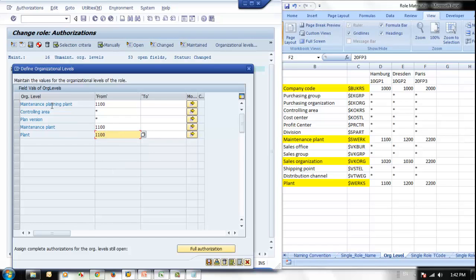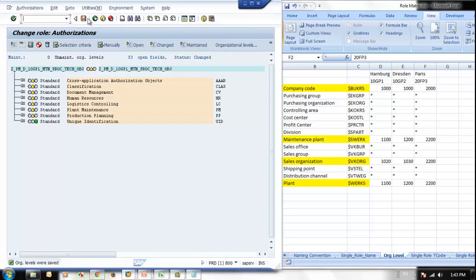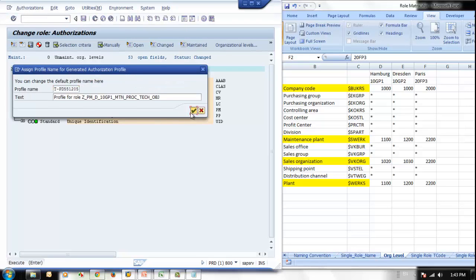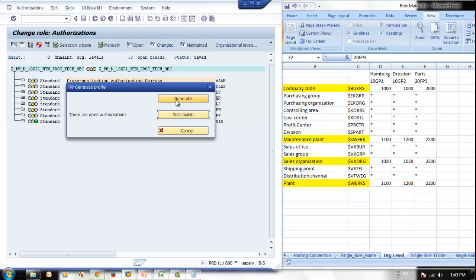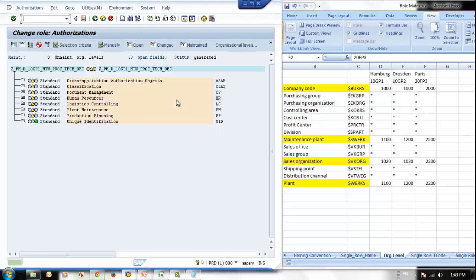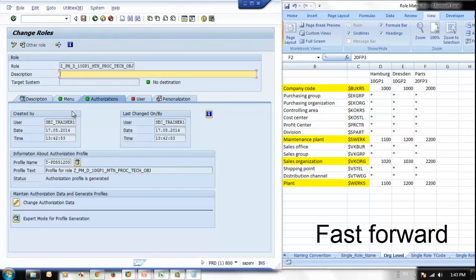The first one is maintenance planning plant. We don't have maintenance planning plants here, so I will put star. Save. Just keep the yellow for the time being. We can regenerate again, because this is again generated from the